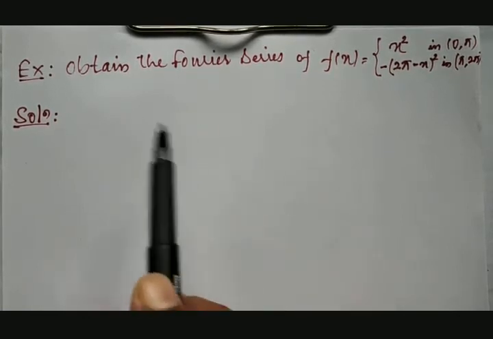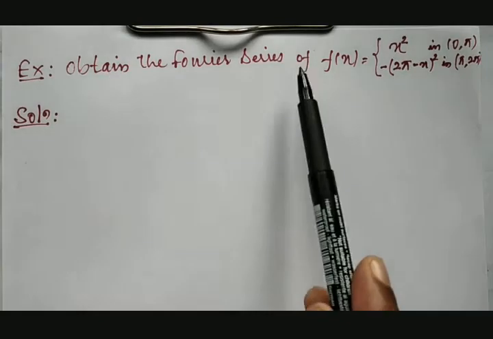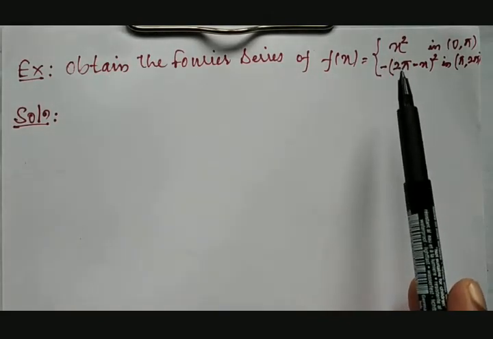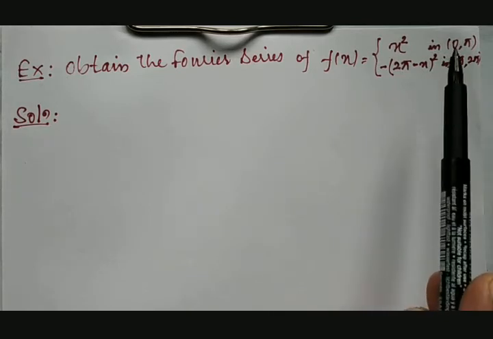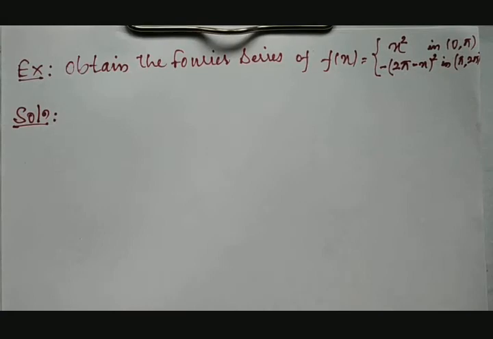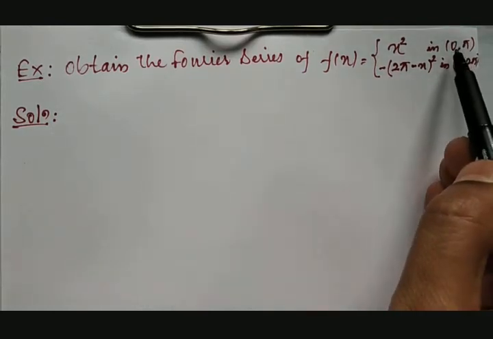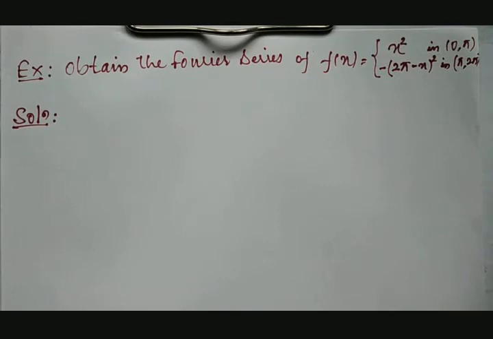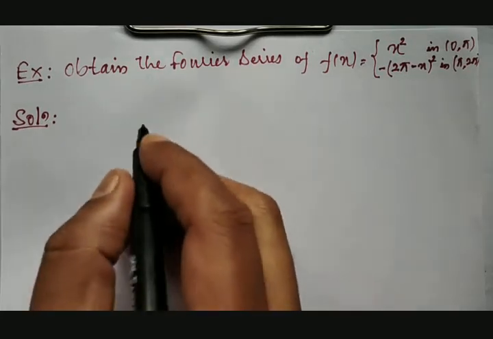Now, in this session, we will be discussing how to obtain the Fourier series of the given function, which is a double-valued function, and it is having an interval between 0 to 2 pi. Previously, when the interval was between minus pi to plus pi, to check the odd and even function, we replaced x by minus x. But here, since this interval is between 0 to 2 pi, we are going to replace x by 2 pi minus x. Therefore, what do we do first?